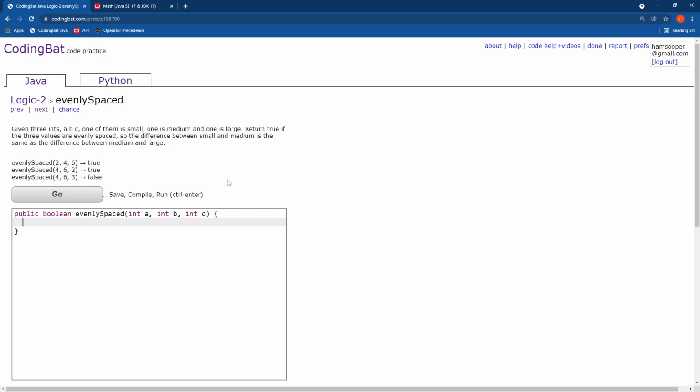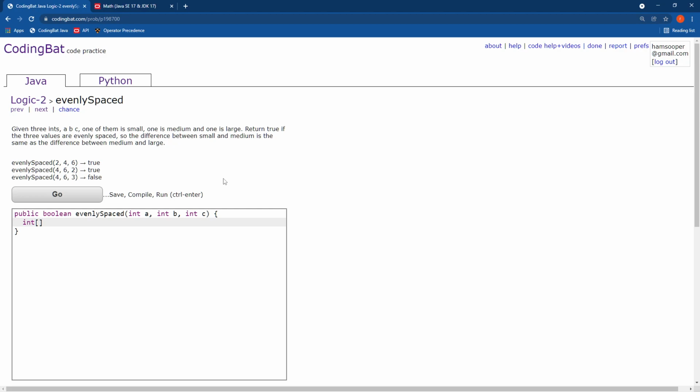The way I'm going to do that is I'm actually going to put these three numbers into an array and then sort that array, and then they'll be in order. And guess what? There's a very convenient method that will sort the array for you. So that's what I'm going to take advantage of here. I'll show you how to do it without this later, but this is how I would do it because it's the laziest solution. Not the most efficient in terms of computing speed, but we don't really need to worry about that on